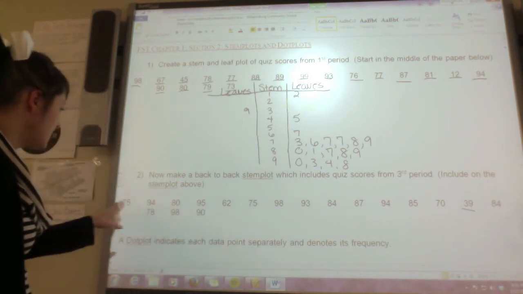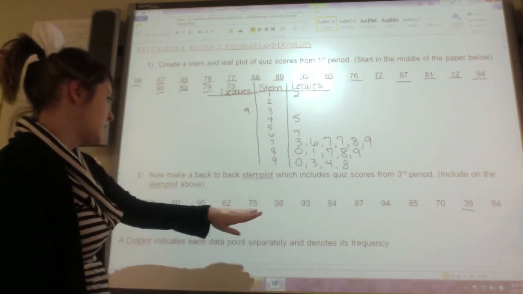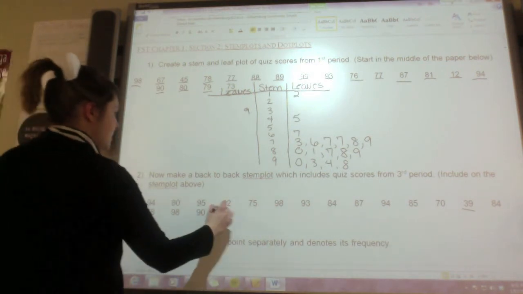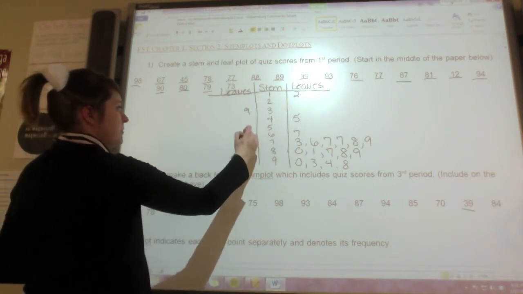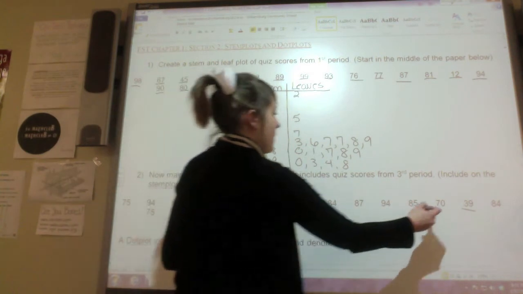Do I have any 40s? No. Do I have any 50s? No. Do I have any 60s? Yes, I have a 62 right here, so I'm going to put a 2 under my 6. Okay, do I have any 70s? Yes, I've got 70,